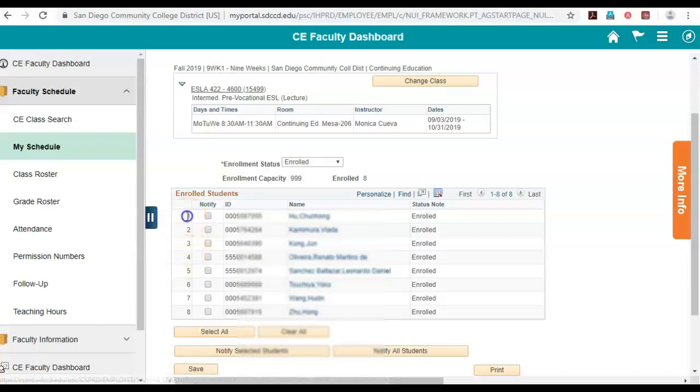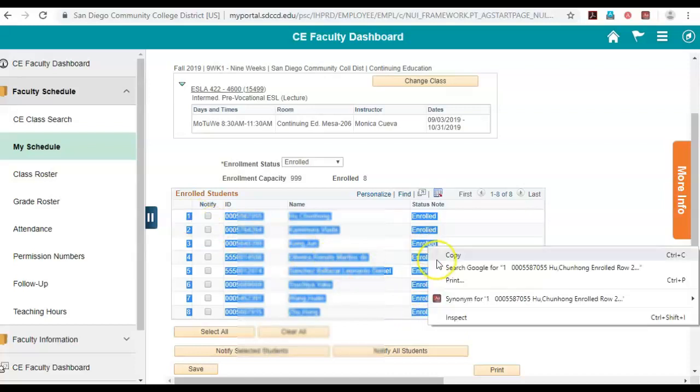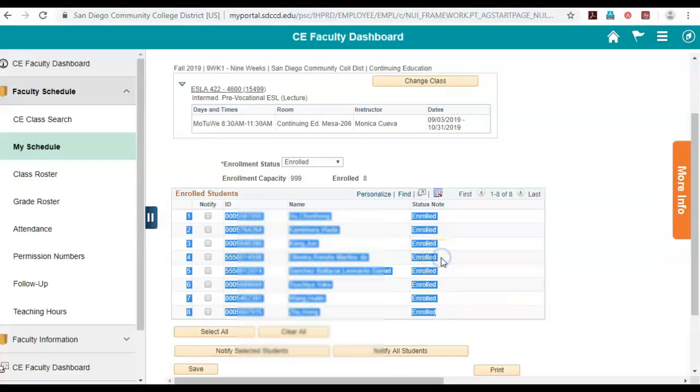Up at the top of the roster by the number 1, you'll click down and you'll drag the cursor across all the information. So you want to make sure that everything is highlighted from the top left to the bottom right. Once everything is highlighted, you'll right click and you'll copy. And now we want to go to our eRollbook that we saved on the computer. So we'll open that rollbook up,